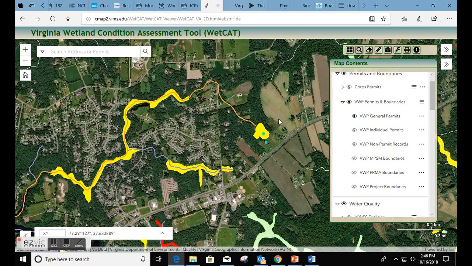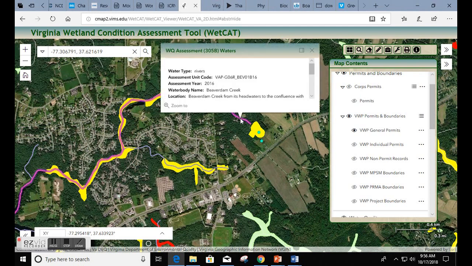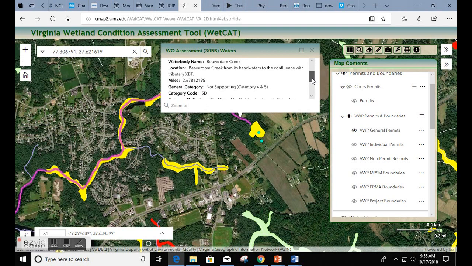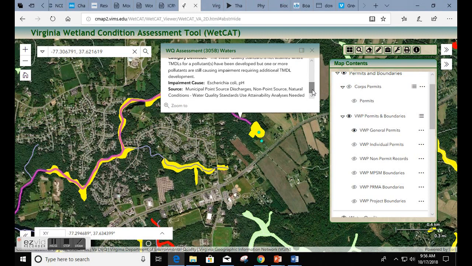We click off that, and then what we can also look at is information associated with impaired waters. So we can click directly on the impaired waters segment, and it brings up information regarding the impaired waters, and you can scroll down and get a bunch of information, including what the impairment actually is, in this case E. coli and NPH, and it'll also tell you possible sources. We can also look at permits within a wider range here. So let's close out this box